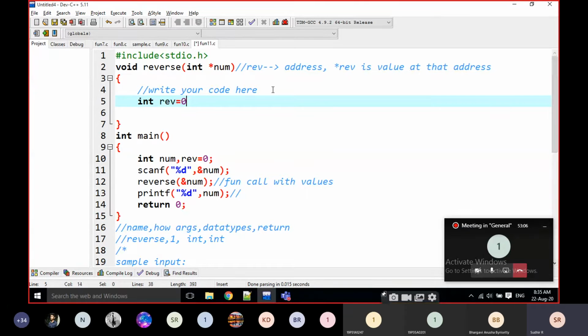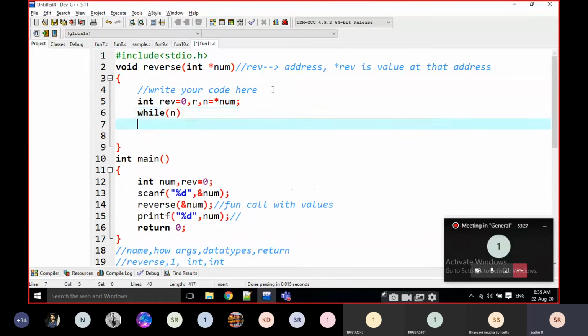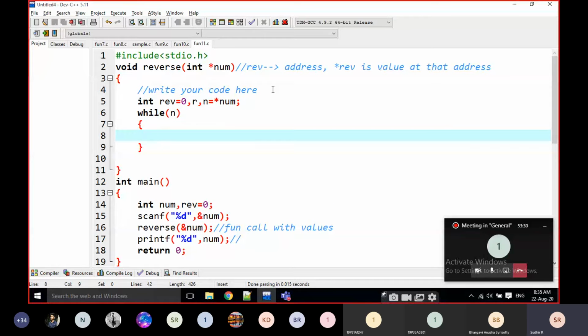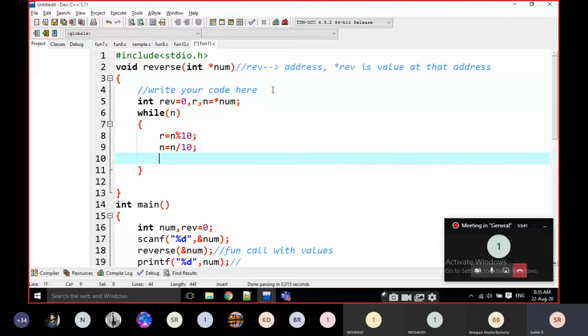Here I write rev is equal to 0 and r, and I write the same logic, but instead of always using star num, which is somewhat difficult, I am taking some n, n is equal to star num. r is equal to n mod 10. n is equal to n by 10. And rev is equal to rev into 10 plus r.